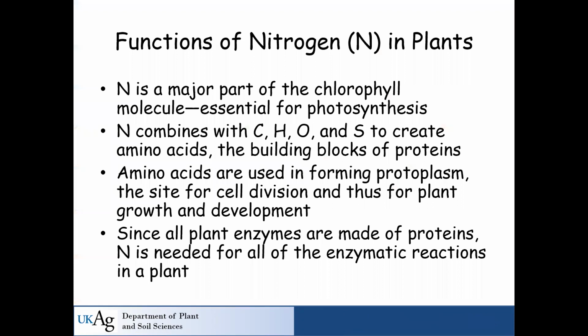I'll start with nitrogen. Nitrogen is a real important nutrient for plants. It's one of the primary macronutrients. It's a major part of the chlorophyll molecule, which is essential for photosynthesis. It combines with other elements like carbon, hydrogen, oxygen, and sulfur to create amino acids, which are the building blocks of proteins. The amino acids are used in forming the protoplasm, site of cell division, and they're important, therefore, for plant growth and development. And all plant enzymes are made up of proteins, so nitrogen is needed for all enzymatic reactions